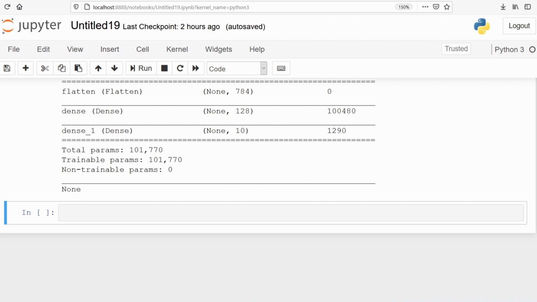Now we will compile the model. We have to define the loss function, optimizer and metrics. The loss function will tell us how accurate the model is while training and testing. The optimizer is used to overcome overfitting of the model during training. Sometimes the model works very well on the training dataset but very badly on the test dataset. Let's compile our model.